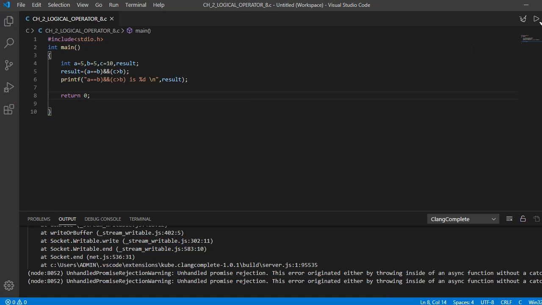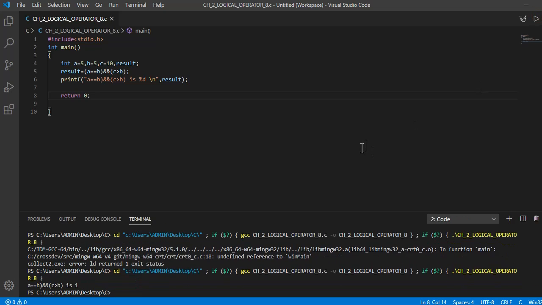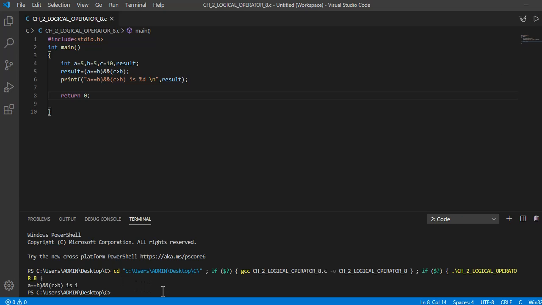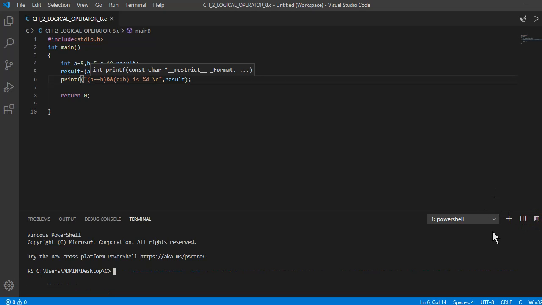Save the program. Execute it once more. Need to clear the screen first. See that. So yeah, a bracket is missing. Save it once more. Execute once more.